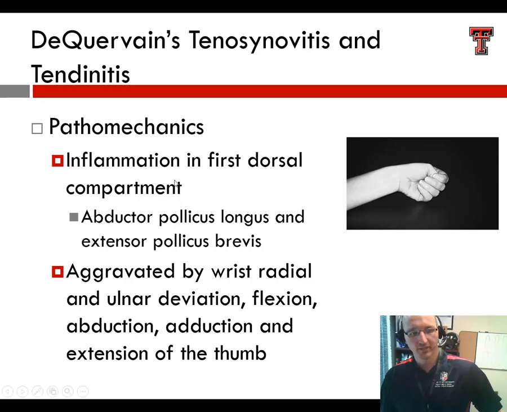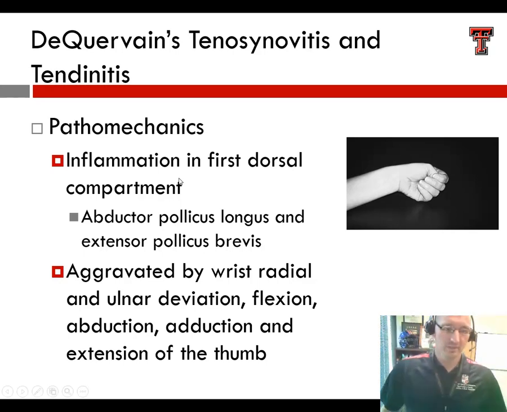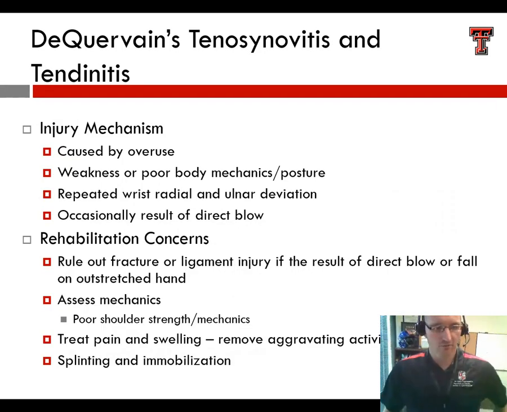They'll have inflammation in that first dorsal compartment. Could be the APL or the EPB. The more wrist motion they have, usually the worse these get. These are usually triggered by overuse. May have poor mechanics, poor posture. In the case of racket sports, we've already kind of talked about at the elbow. Kind of the same thing holds true here. Repeated wrist radial and ulnar deviation can trigger this,